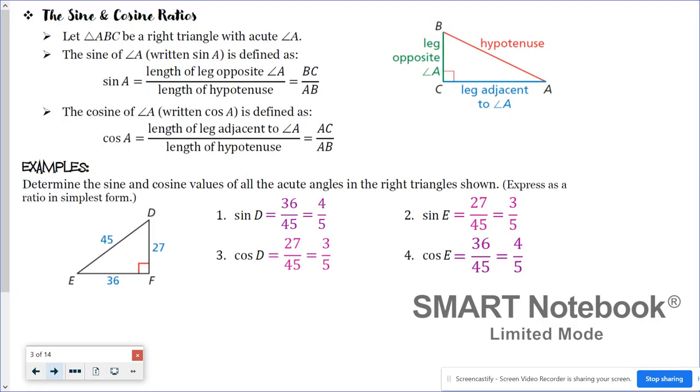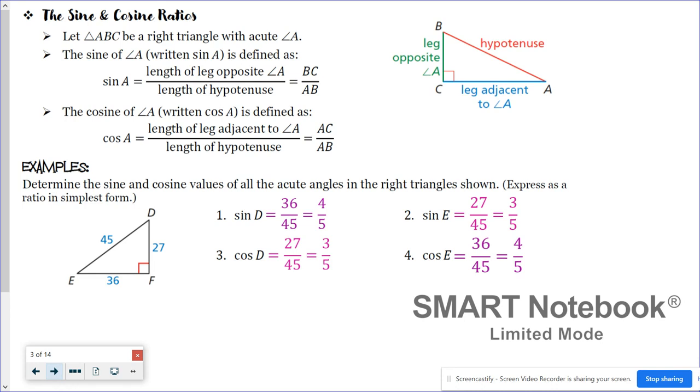We've also found sine and cosine ratios. Sine is the ratio of the leg opposite over the hypotenuse, and cosine is the ratio of the leg adjacent over the hypotenuse. So once again, pay attention to what's your reference angle, because that reference angle determines opposite and adjacent sides. Okay,